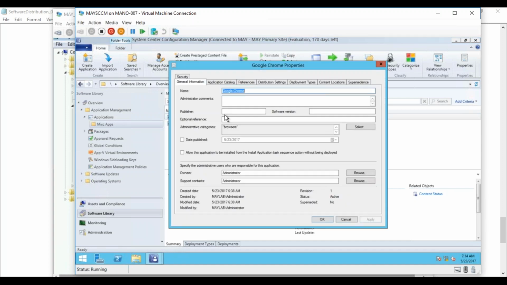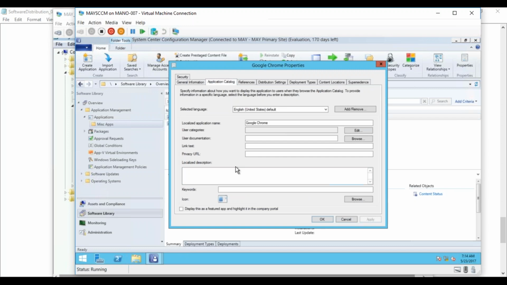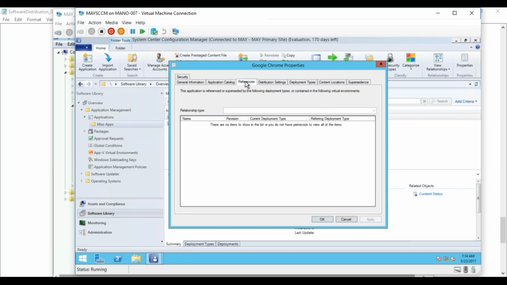Okay, so application catalog, as I told you, I'll discuss a little later once we have application catalog part. References, this is when you supersede an application, right? So here there's nothing that you can give. Okay, this is just for your readability, like what are the applications that depend on this application, or what are the applications that supersede this application, or virtual environment that contains this application. So basically, if you have App-V applications, or if you have a superseded application, or if you have dependencies,